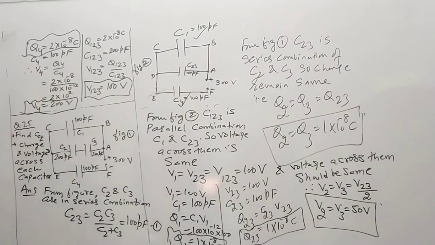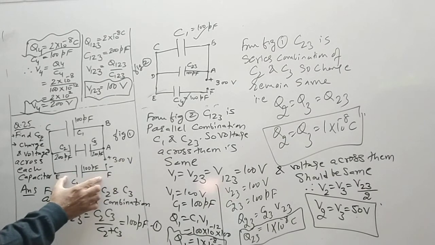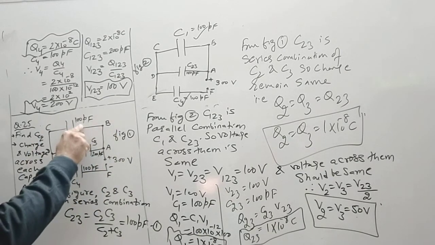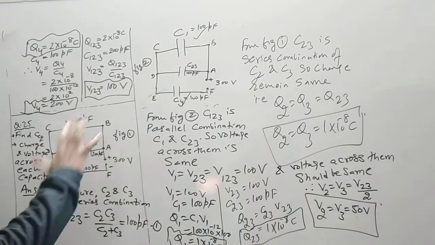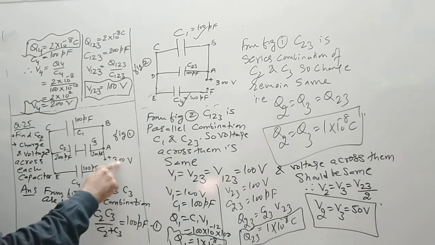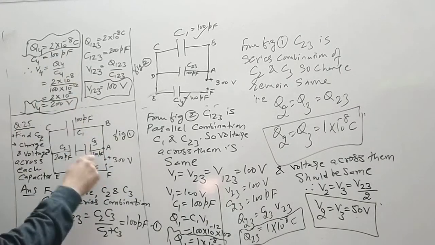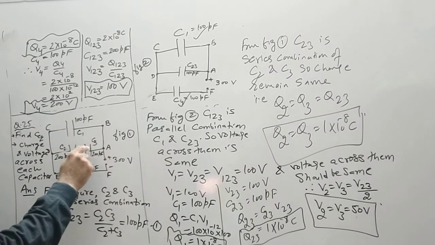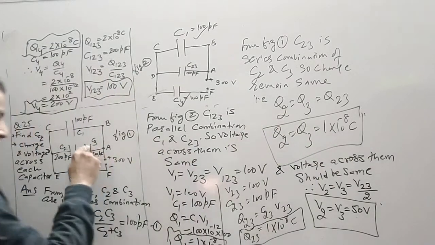So see the law of conservation of energy, 300 volt. So this has 200 volt. So this entire part has 100 volt. So V1 is 100 volt. These two have 100, so 50-50. So law of conservation of energy, energy can neither be created nor destroyed. Law of conservation of charge, total charge production was 2 into 10 raised to minus 8. So this produced 2 into 10 raised to minus 8. It comes to A. So out of this 2, 1 goes from A to D, that is 1 into 10 raised to minus 8, and 1 into 10 raised to minus 8 is deposited here.